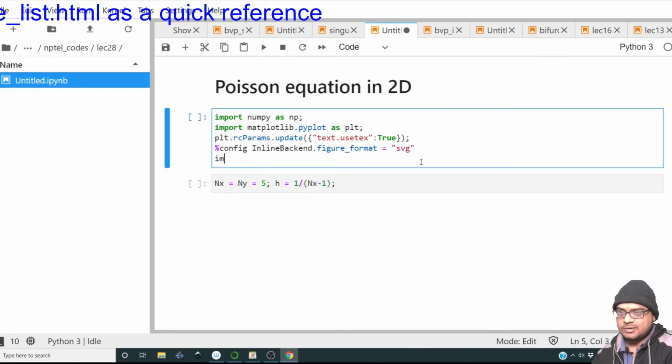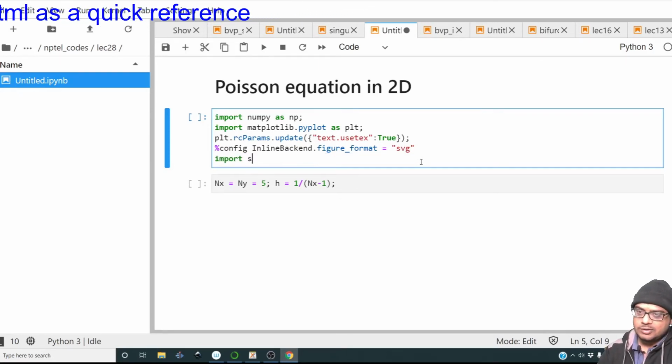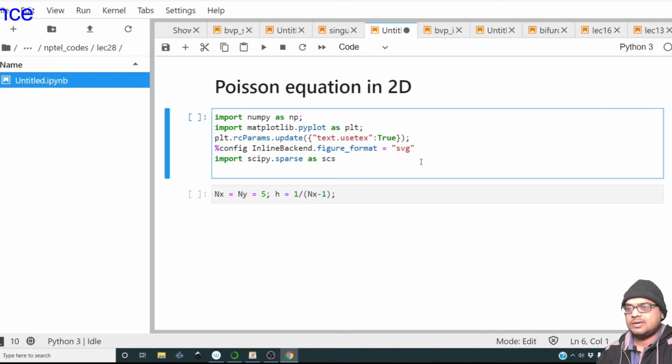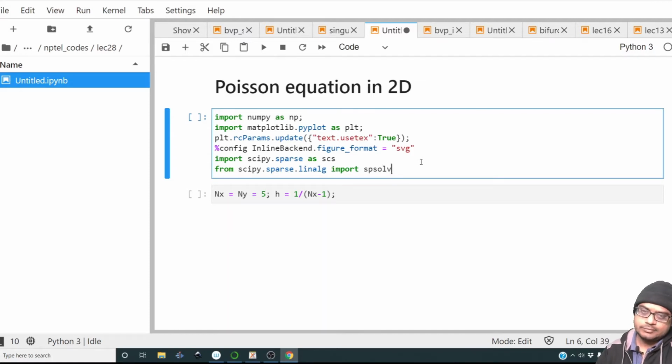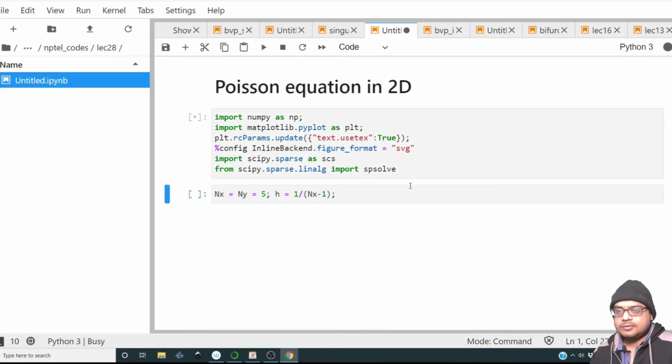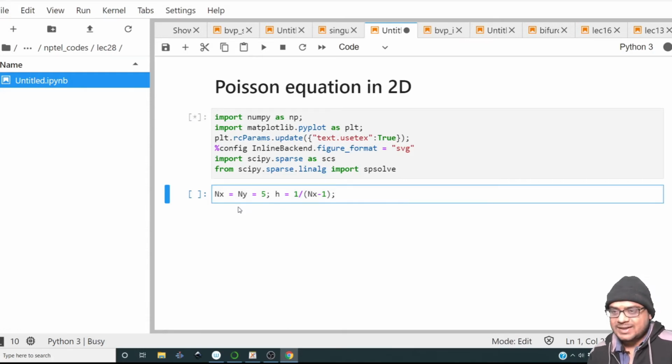In fact, we're gonna import scipy.sparse as scs, and from scipy.sparse.linalg we're gonna import spsolve, right? So far we have defined what nx and ny are and what h is,